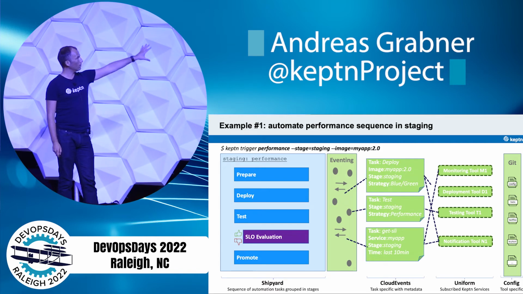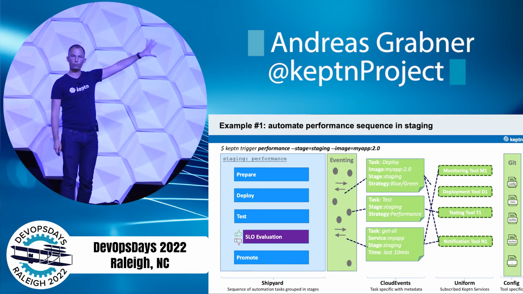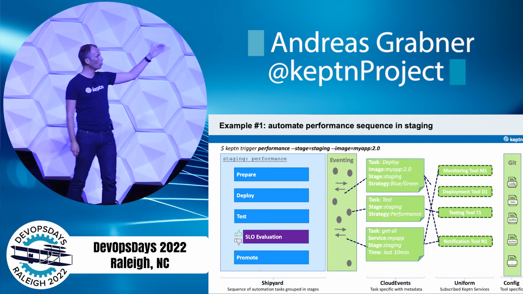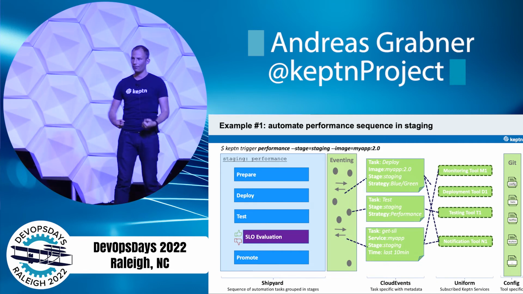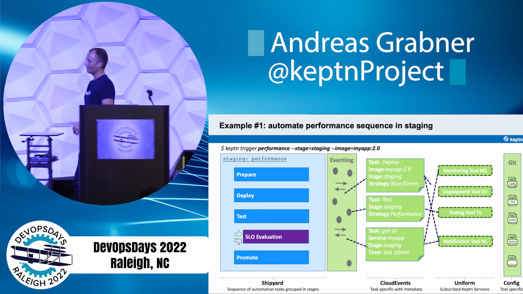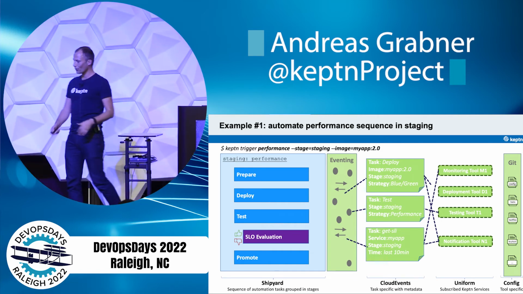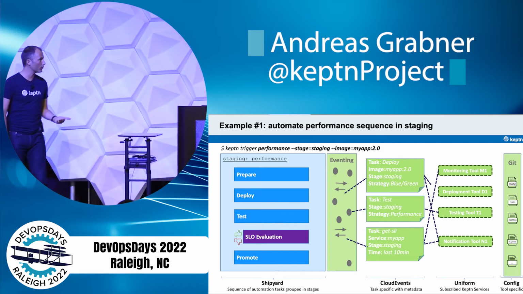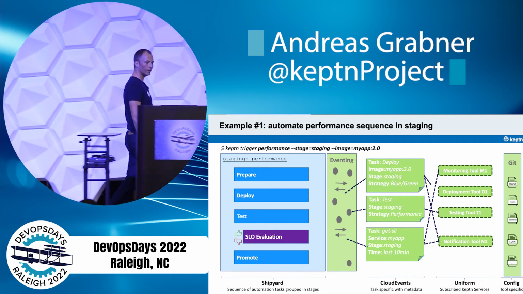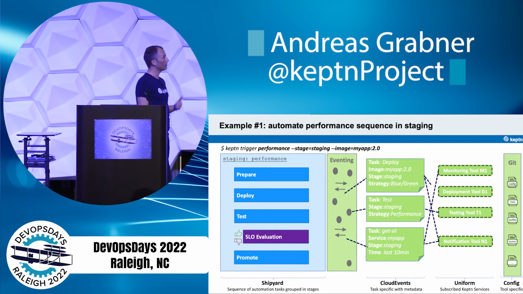We call the definition of the process a shipyard. In the shipyard file, you specify the sequence. The tools we call the uniform, because every captain has a uniform, otherwise he's naked, and that depends on the captain probably, but I guess nobody wants to see that, so he needs some tools. We have a Git repository where all the config lives, and then we have cloud events, where they're all standardized. So this is the first example.